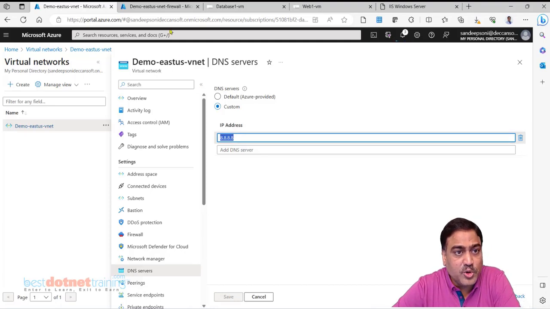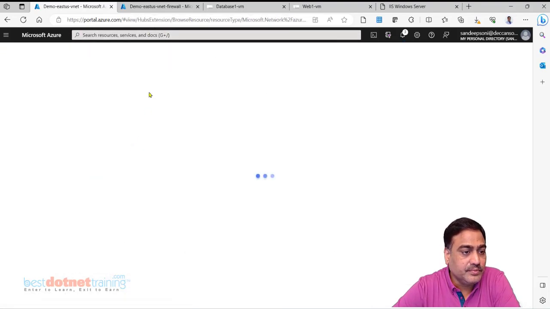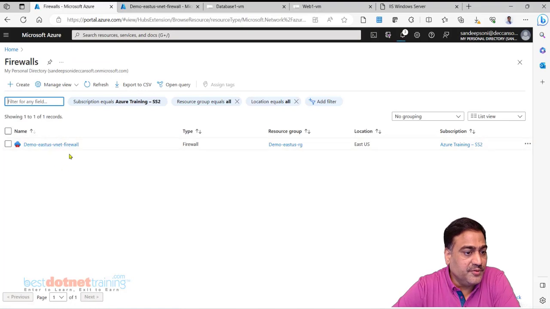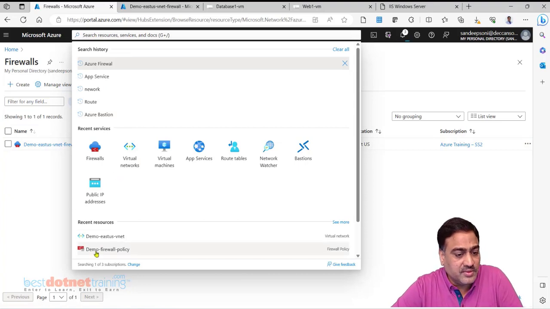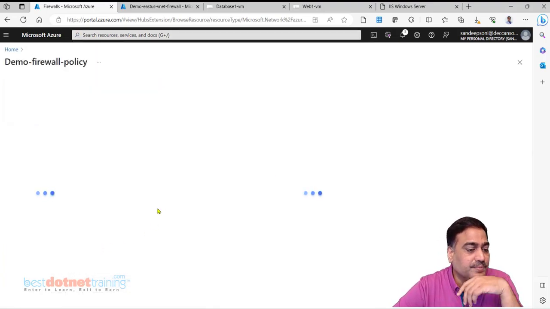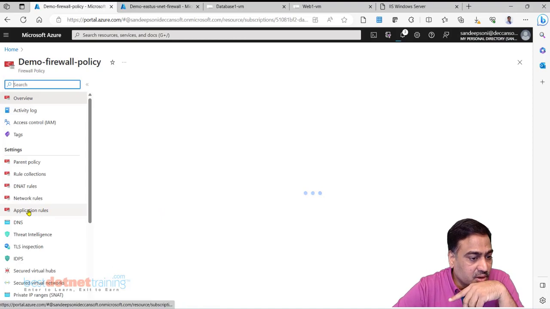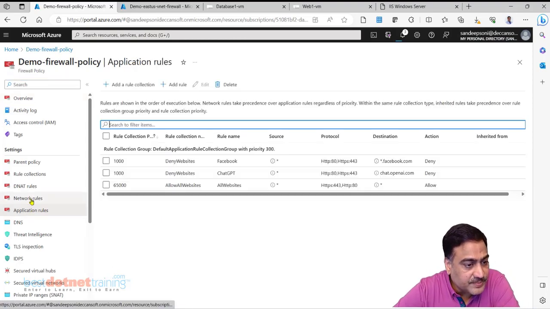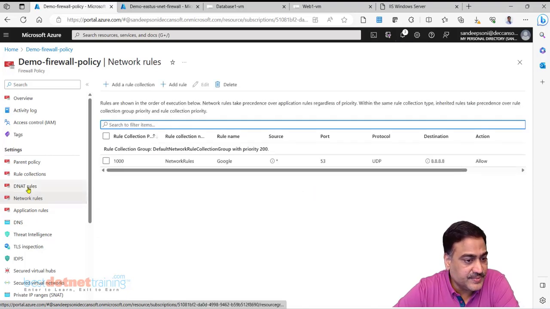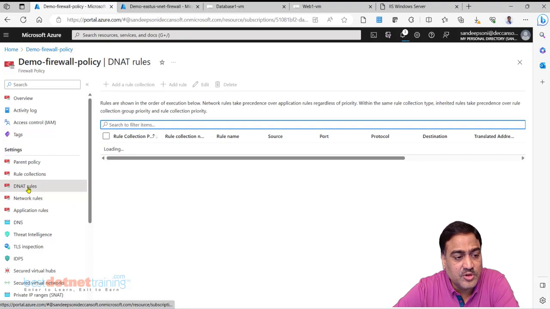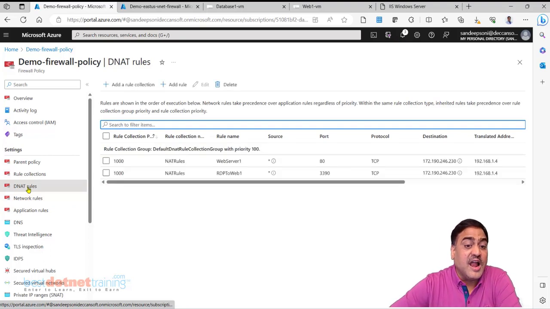So three different rules we have seen. Application rules. In firewall I do nothing actually. Everything we did was in the firewall policy. We have seen application rules, which are domain based, network rules, which are IP based, and DNAT is not for allow or deny, DNAT is for translation.